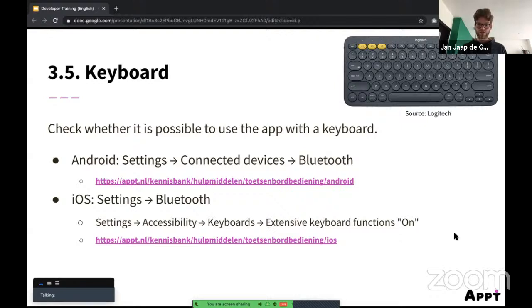If you turn on the extensive keyboard functions, you can also use the keyboard to navigate by using the arrow keys and the tab and the shift and delete key, for example. So if you have a Bluetooth keyboard lying around, make sure to connect it to your mobile phone and try it out and see if you can use apps using just the keyboard.